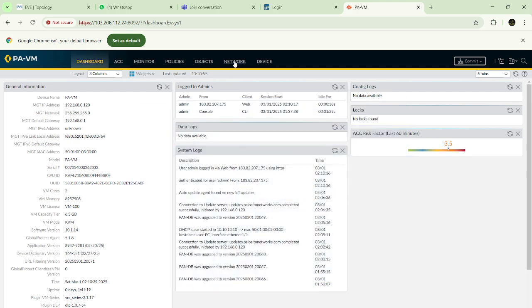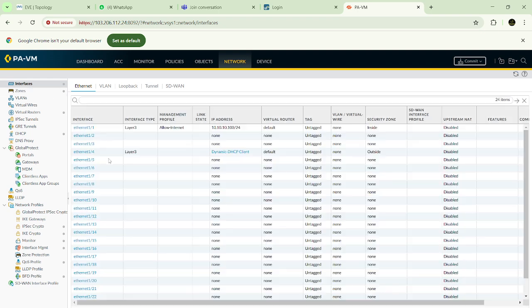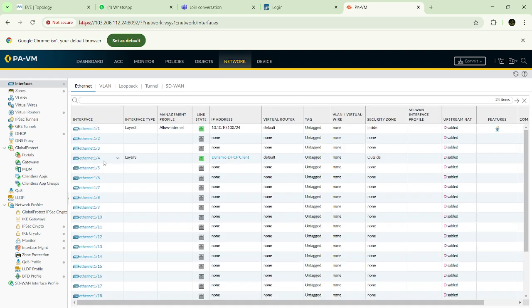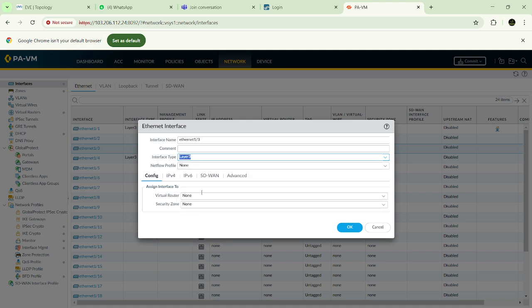See here, the same thing you need to configure on this firewall as well. Before that, I have already configured these Ethernets, but I need to configure Ethernet 1/3. So Ethernet 1/3, I'm configuring as an L3, and we have to configure the